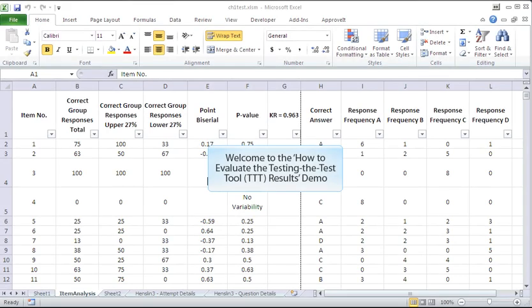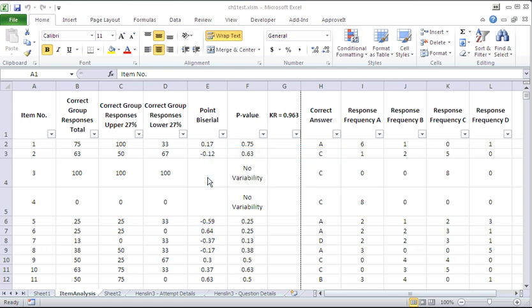Welcome to the How to Evaluate the Testing the Test Tool (TTT) Results demo. In this demo, you will learn how to use the data created by this tool. A statistical analysis is used to help identify problematic test questions or questions that don't have a clear correct response